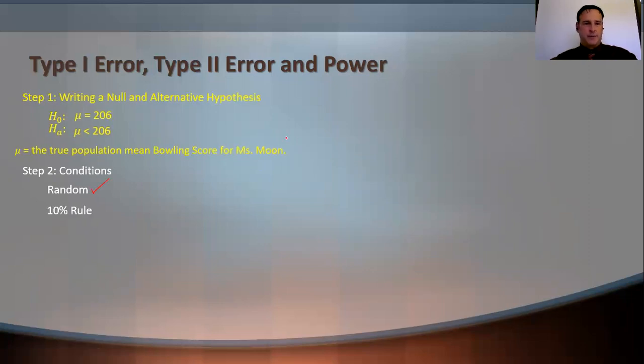Second one is the 10% rule. Now, she had 15 games as part of her sample, and that is less than or equal to 1/10 her population of games, and there were 180 that were listed. Okay, so that is satisfied. The third is large counts. Okay, and if you were to do the large counts,